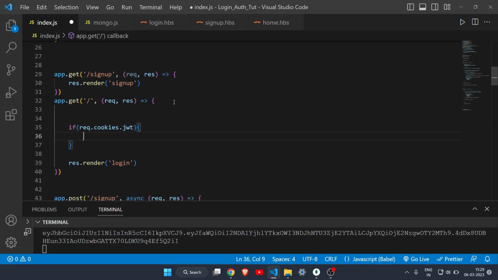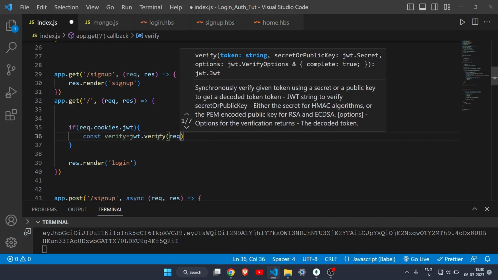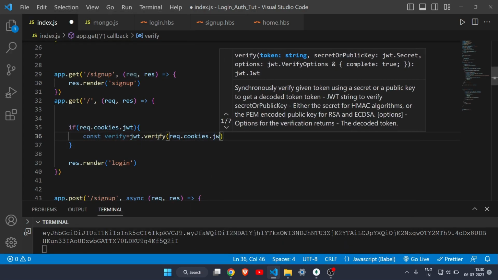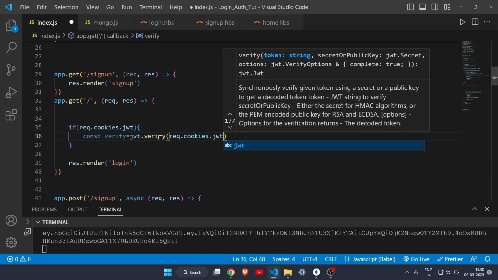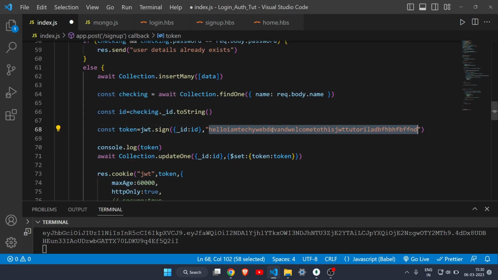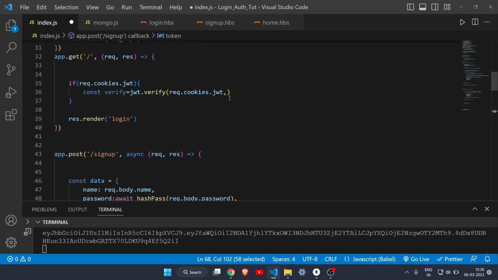All right, so if the cookie exists, then we will create a variable called verify, okay. So it is used to verify the cookie, and we will write JWT dot verify, and I will write here request dot cookies dot JWT, okay. It will get the cookie, and then we have to write the same string. So copy this string here, and you have to paste the exact same string, okay. So make sure it is the same string, otherwise it will not work,